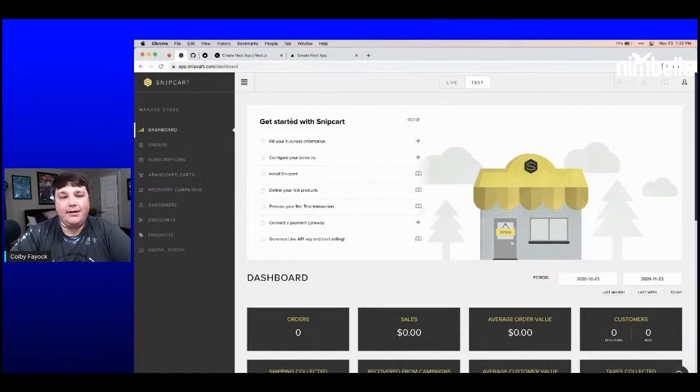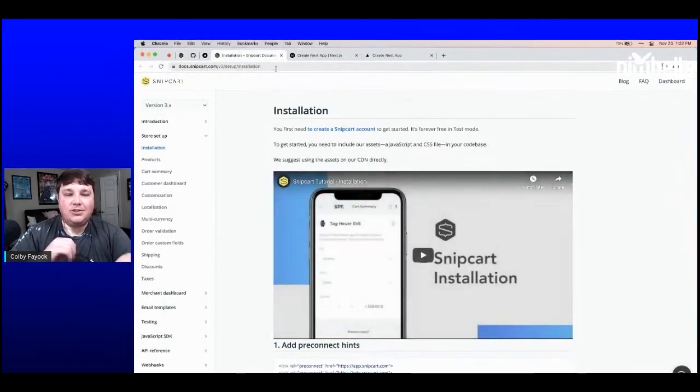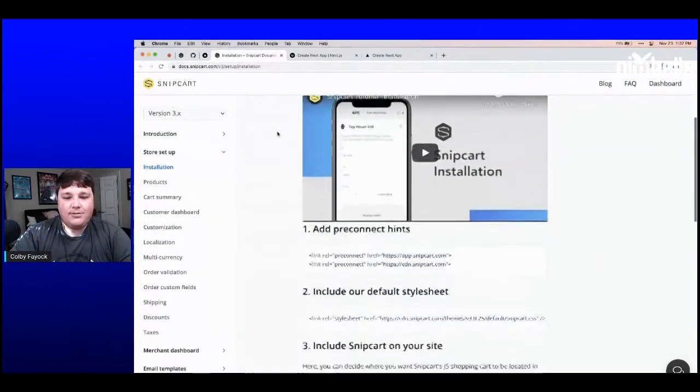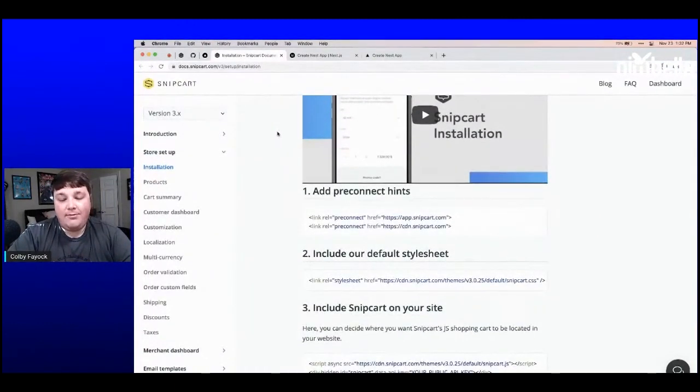things like filling in your business information or configuring your domains. We're going to skip those two things just for a moment here. We're going to dive right into the installation documentation. So it's probably helpful to figure out how to go through this documentation because that way it'll make it easy for you to grab these snippets at a later time if you want to install this. So as we're going through, the first thing they tell us they want us to do is grab the